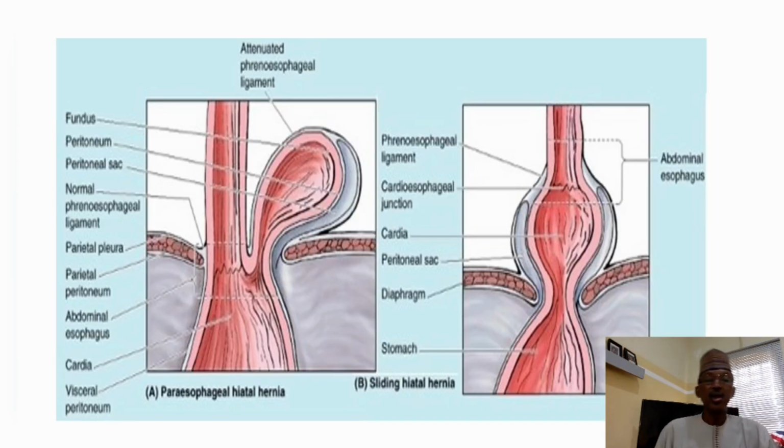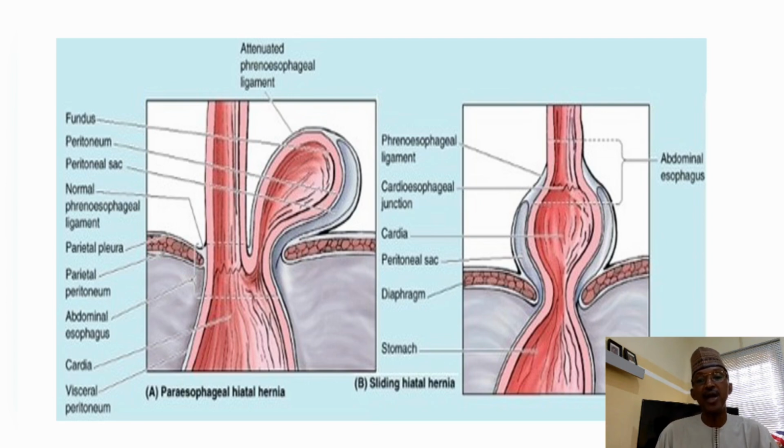So hernia also can affect the stomach. Congenital hernia, that is what we call the sliding hernia, is when part of the stomach herniates through the esophageal hiatus. I'm sure you can remember your anatomy vividly, because in the diaphragm there are three important openings. These openings include the opening for the esophagus, and this is the opening through which this part of the stomach gets herniated through that esophageal hiatus,